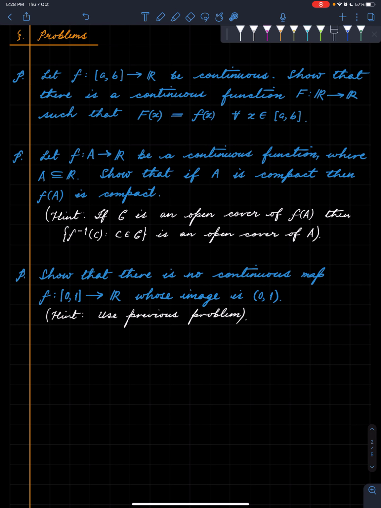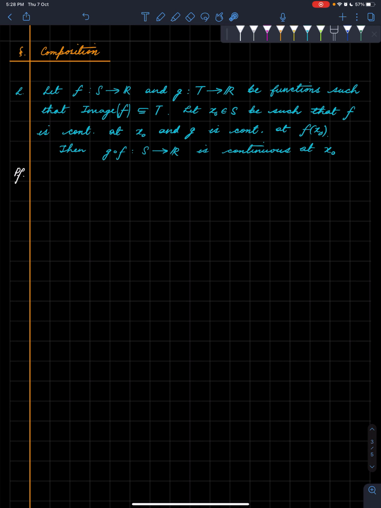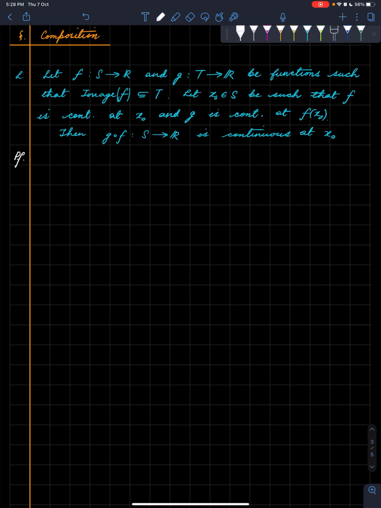Alright, so let us quickly get on with today's lecture. Here is the proposition. We have two functions f and g defined on different subsets now, but with the property that the image of f is contained in T, so that if we pick a point in S, we always map inside T. So now we can further apply g to that point. This condition ensures that g composite f makes sense. This is a bona fide function.